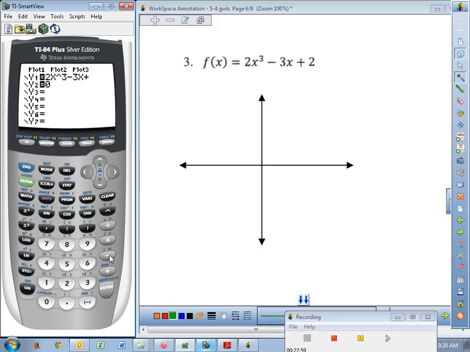I'm going to keep that window. I'm going to try to keep it on all the -5s, just so I don't have to change it, because maybe that's good, maybe it's not good. I can always zoom 6 it with ease. I know I'm 5s all around, so if I hit graph again,